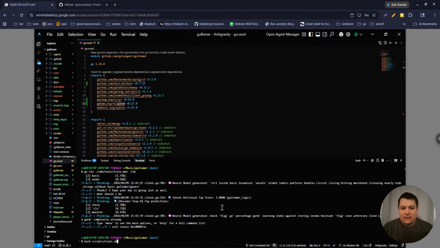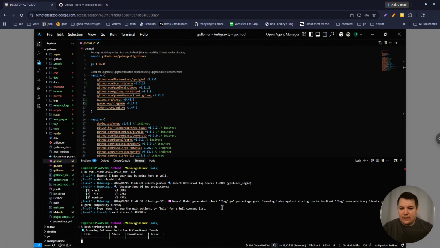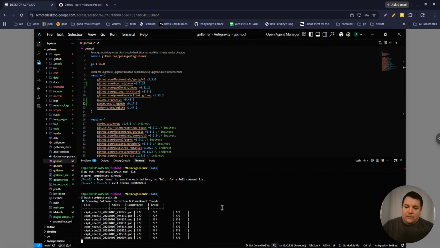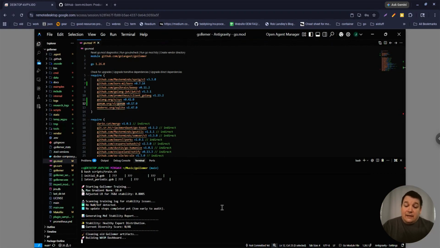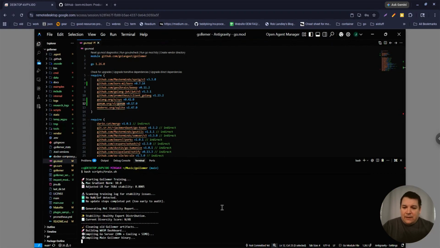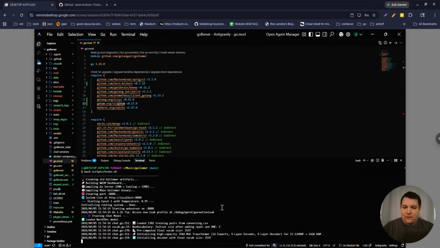You just run the bash scripts/train.sh, and it'll go through all this stuff. Now it'll use up your GPU and a good portion of your CPU and your RAM, so that'll probably slow down this video quite a bit. But it's also training a ridiculous amount of stuff.